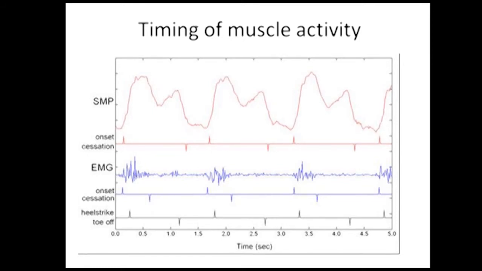Radically different is the surface muscle pressure, where you see two peaks, a large peak near the beginning at the onset, followed by a fairly large one